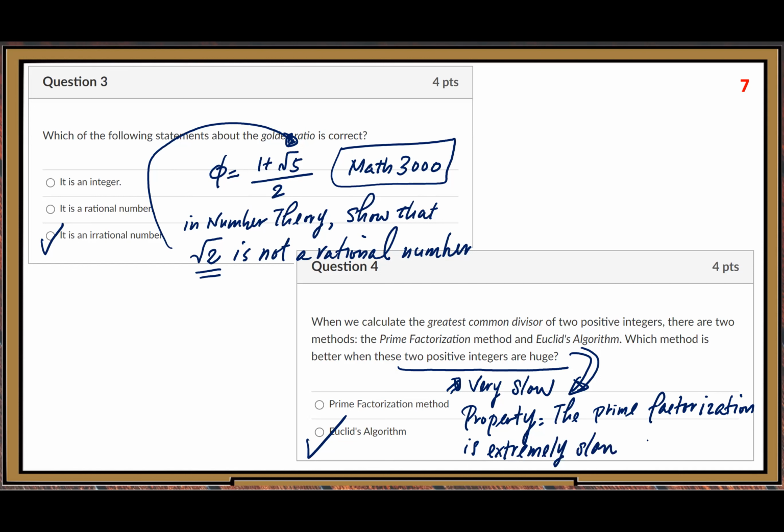This property is very useful for encryption application, right? Think about encryption. Currently, for our internet communication, encryption is extremely important, right? In order to protect our data, every time the data sent through internet is